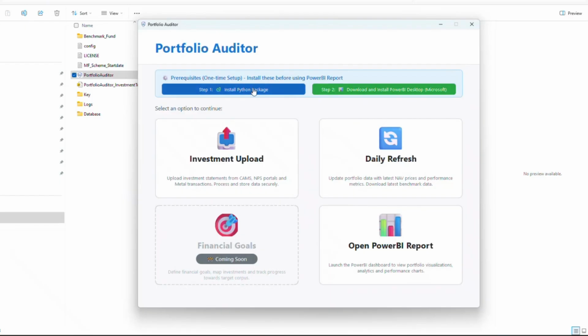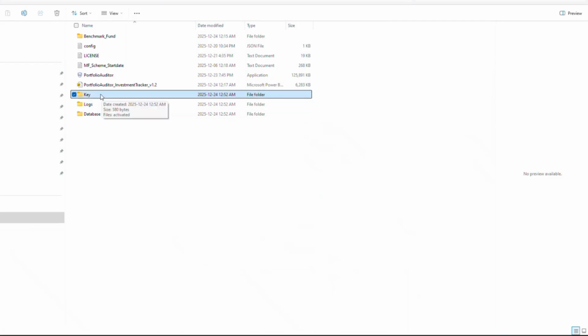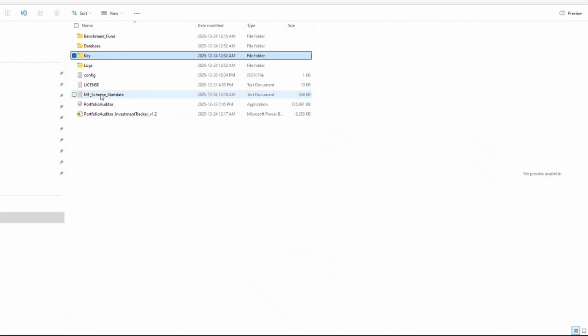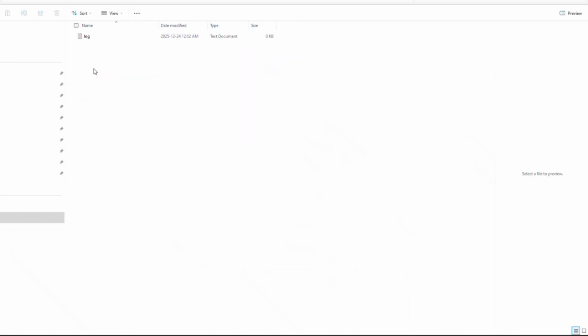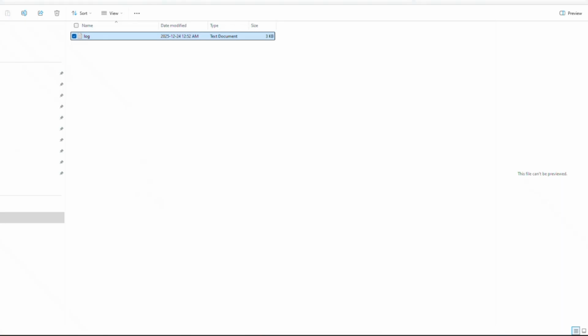Why do we need this Python package? We are using the Power BI report to visualize the data. Basically, if you look here, as soon as you open this application, a database folder, logs folder, and key folder get created. Key is nothing but your license key, which gets stored, and the logs contain all the statistics about your investment calculations. If anything goes wrong, or all the data is processed successfully, everything gets tracked in the logs folder. And then